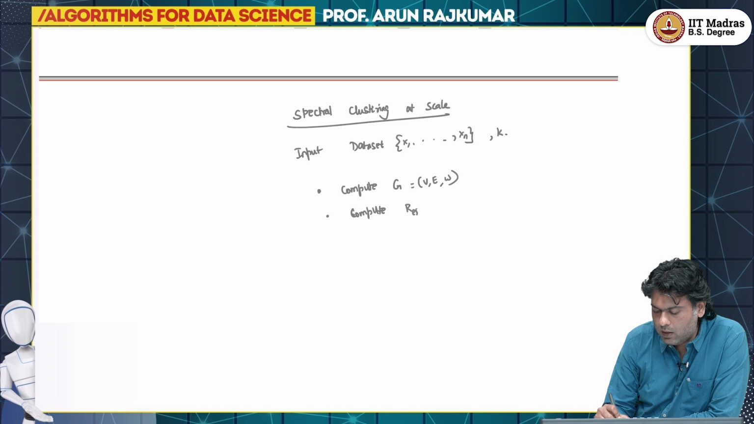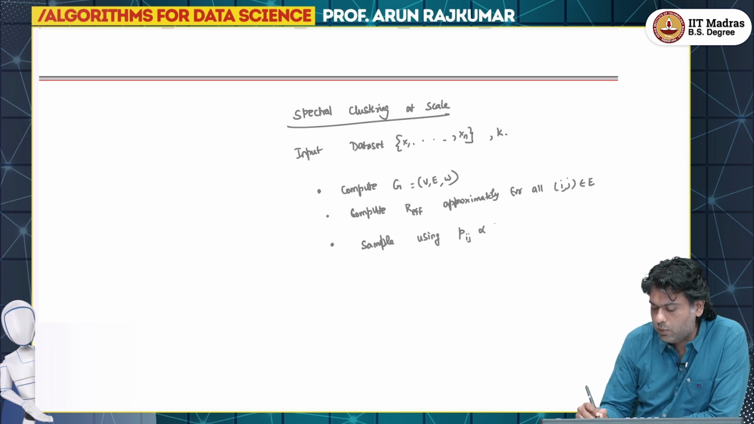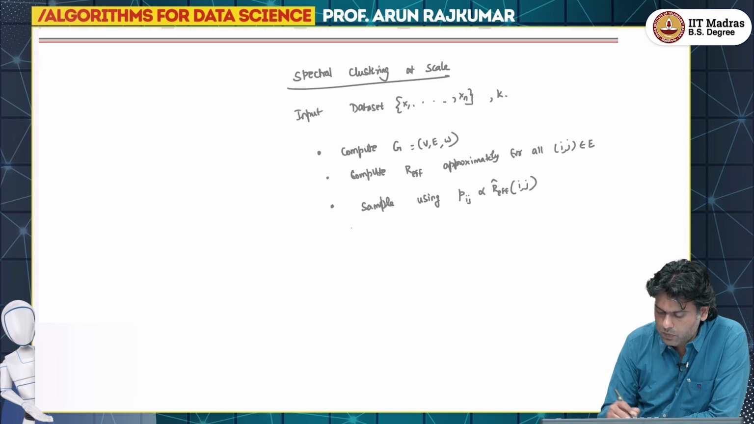Compute R effective approximately for all ij in E. Once you have computed effective resistances, sample using Pij proportional to R effective. I will put a hat to indicate it is an approximate R effective of Ij to create